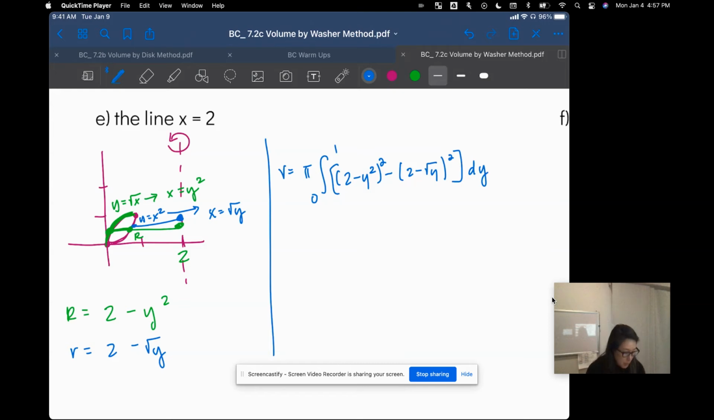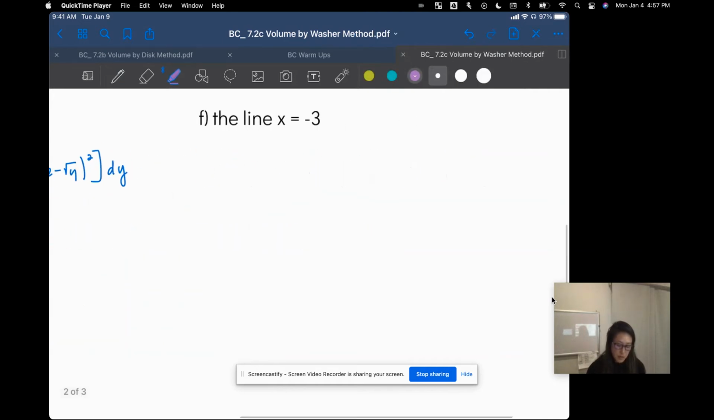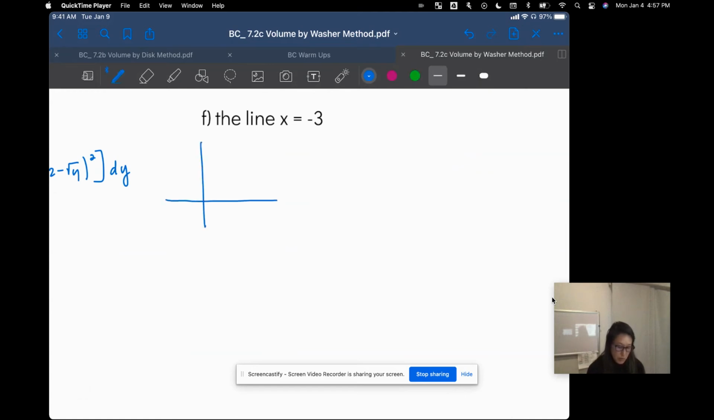So when I put this into my calculator, I get the volume is equal to 1.033 times pi. Cool. Last one of this type, and then we'll move on to another. Okay. So I'm going to rotate the same shape,